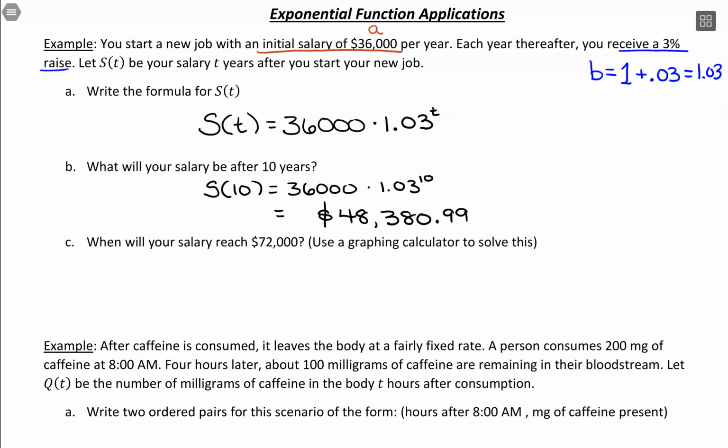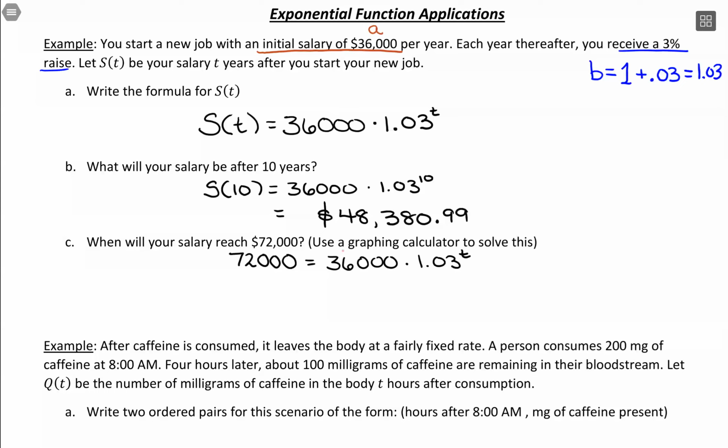When will your salary reach 72,000? So salary is S, so we're looking where 72,000 equals 36,000 times 1.03 to the t, and we want to solve for t. Now, we talked about solving equations where we have the same base, but to think of a way of changing this to a base of 1.03 hurts my head,